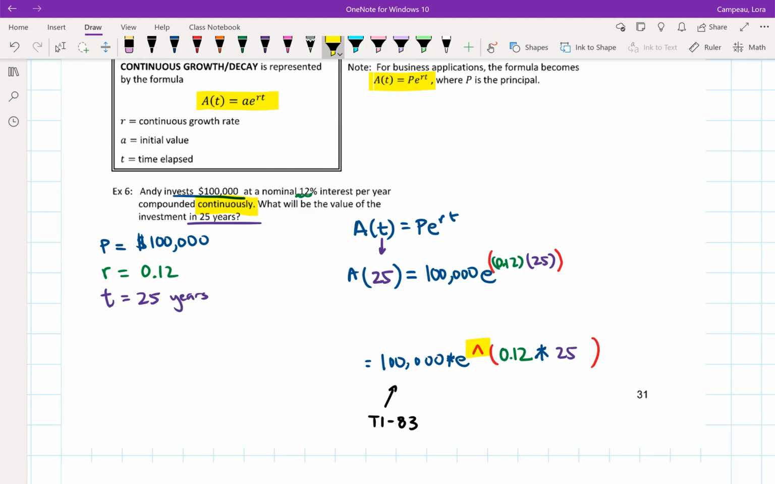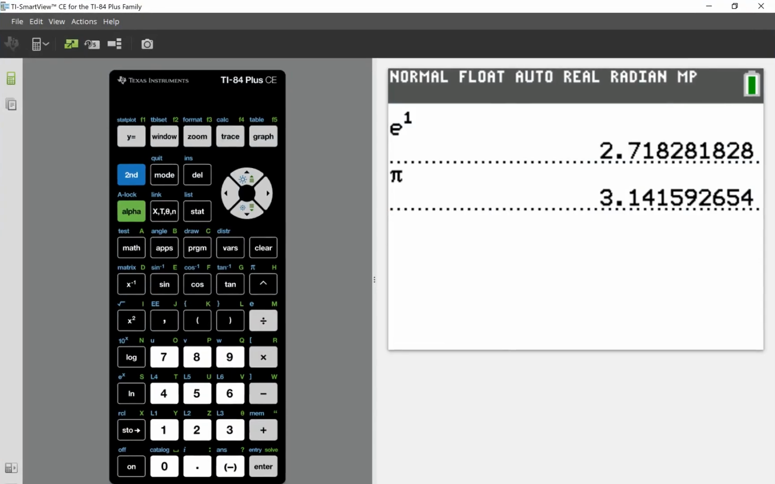Having said all this, let's switch over to our TI. You'll see in this screen right here, I already have E punched in at the top just as a reminder. E works kind of like the number pi, where it's irrational. So if we want to type into the home screen, we would just type in 100,000. Just making sure you count your zeros. Multiplied